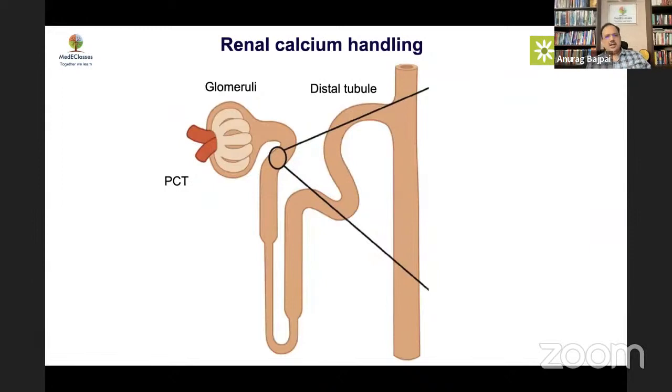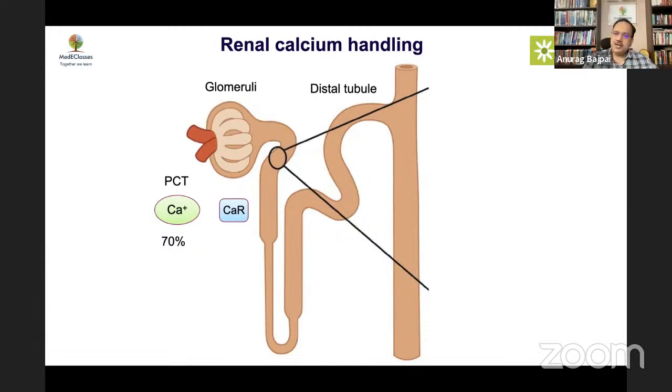Now, as I said, renal handling of calcium is not a major player, but it may have significant implications in making the diagnosis, as well as implications in terms of renal calcification. Of the maximum amount of calcium which is actually filtered, 70% is absorbed at the level of the proximal tubule, largely using the calcium sensing receptor. This receptor is sensing the calcium level. If the levels are high, it says, okay PTH, you shut down, and urine, you excrete more.